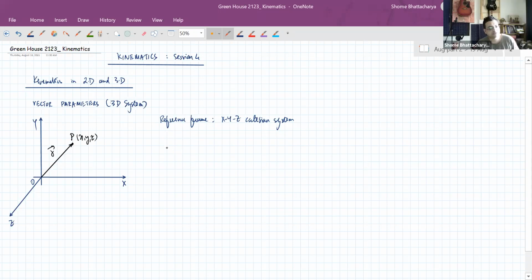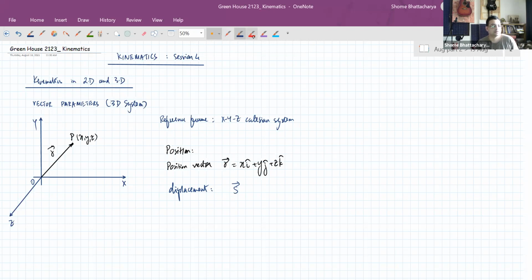So the first of the vector parameters is defined by position vector denoted by the symbol R. Similarly, now if a particle moves from one point to another point, the displacement is defined as a vector. So let us say if our given particle moves in a certain amount of time from some initial position to some final position,